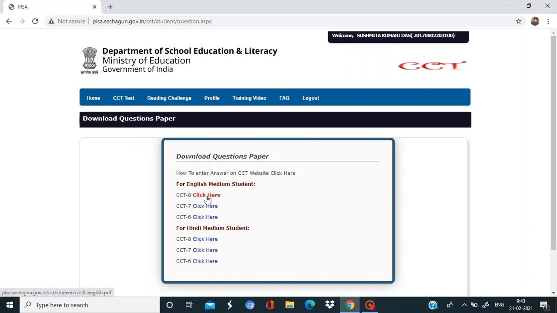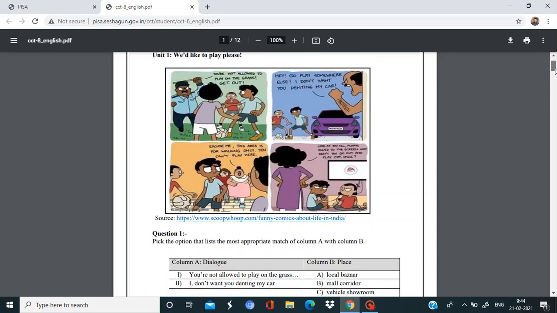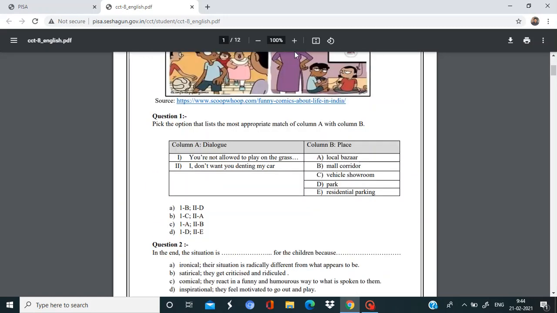read the first question. For example, the question paper I am going to download now. After downloading, it will show the question paper. Then take a white paper and write the question number 1. Here the CCT practice test is opened. You see, here you can write question number 1, and the correct, relevant answer you can write here.